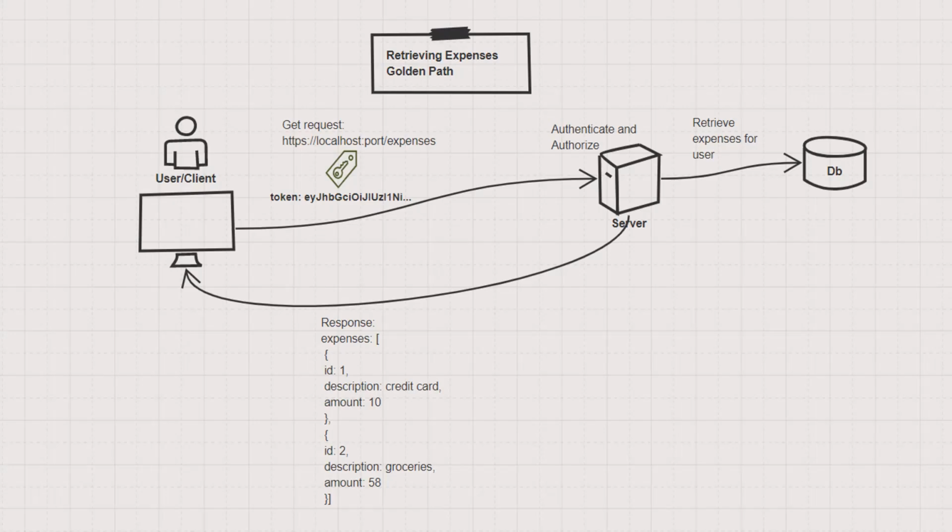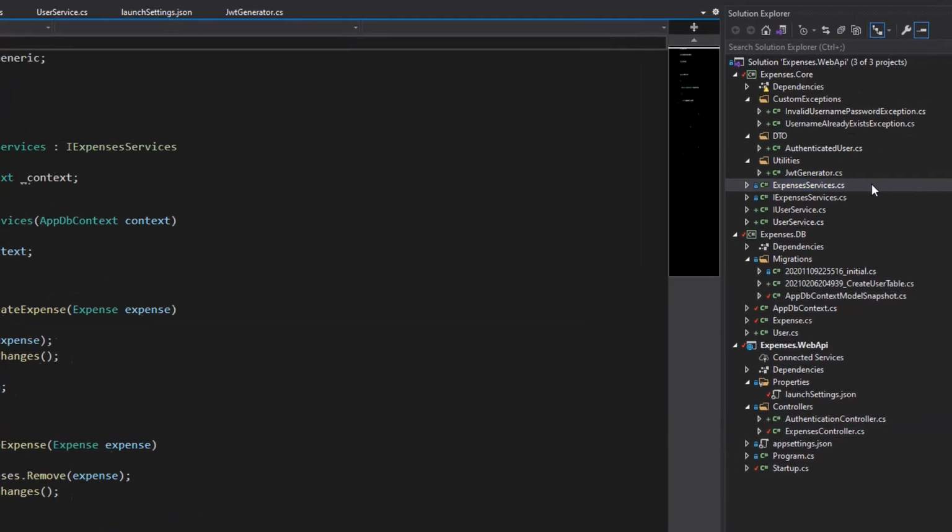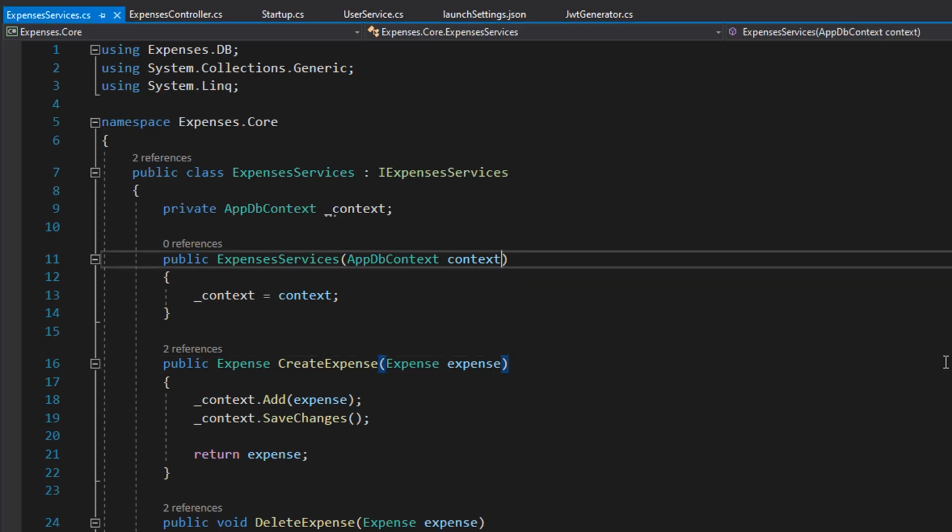Now, before we can perform any operation on our expenses, we need to modify the expenses service to have a relationship between expenses and users. And this should be the last piece we're missing in the backend. Back in our web API, let's open up our expenses services. Before we can associate expenses to our user, we need to know who the user making the request is. And for that, we're going to be injecting